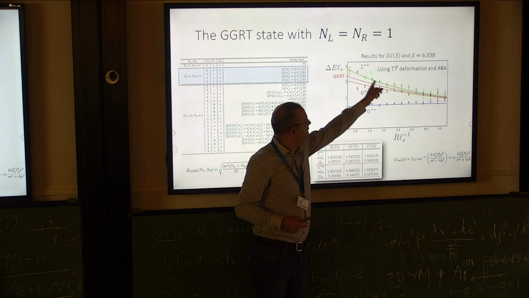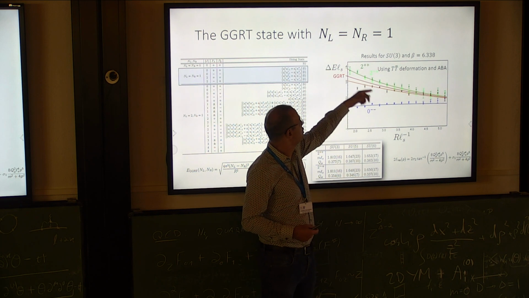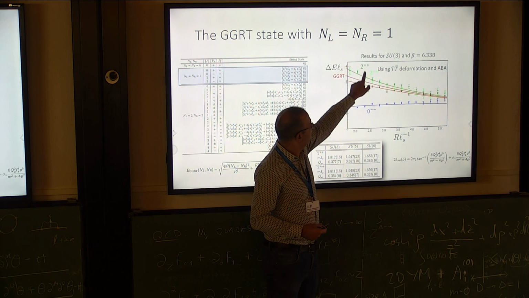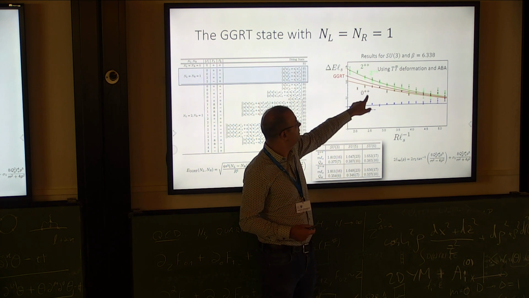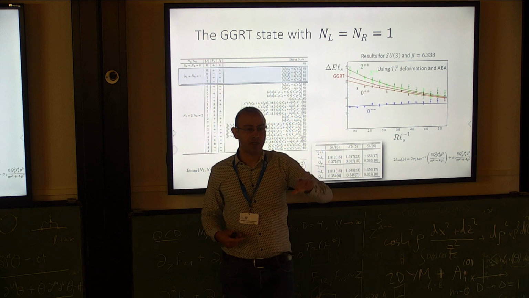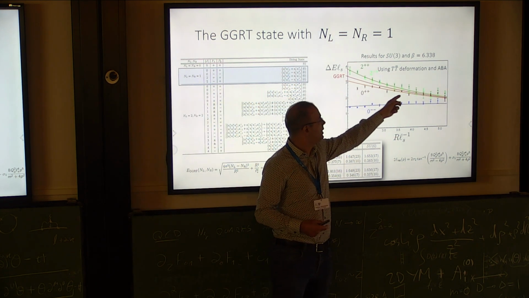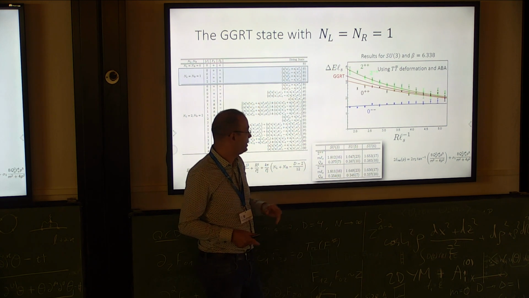By fitting these states here, you can see that we get deviations from the Nambu-Goto, from GGRT, for the spin 2 and the spin 0 plus plus. And you can see that the line for the 0 plus plus actually provides a much better description for our data, okay? So this data has not been used to fit any parameters, okay?